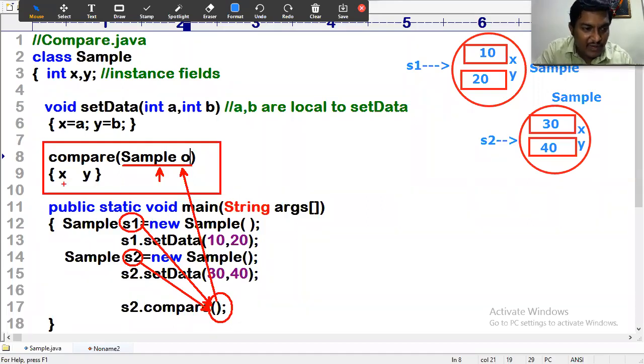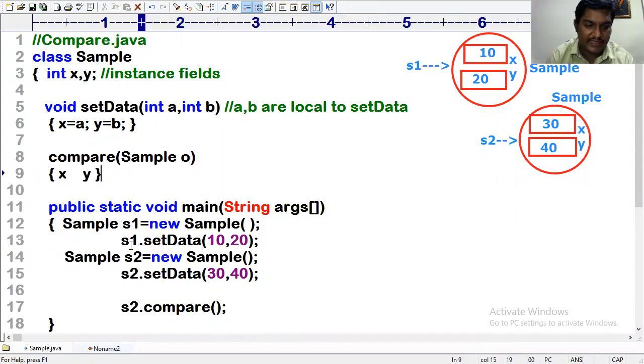But actually, what are these X and Y? They are S2's members. Here S2 is already ready, so what you have to pass is S1. If you say, "Sir, I want to pass S2," what is the problem?